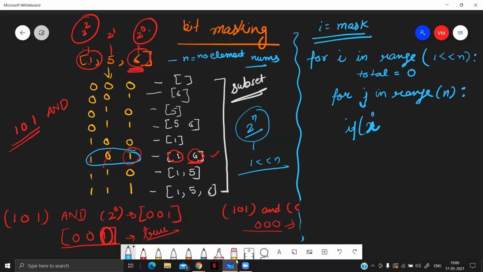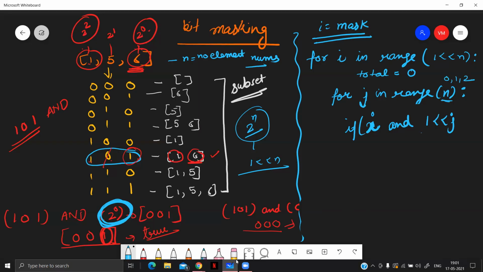We will do the XOR if I AND, we have to find the XOR with the particular index of that nums array. So for that, we have to write 2 in the form of 2 raised to power. So for that we will write 1 left shift j. Here j will run from 0 to 2, as the length will be 3. So it will run for 0, 1 and 2.